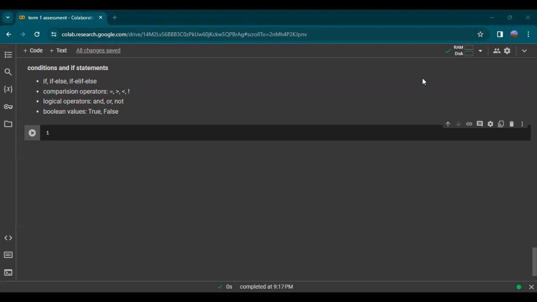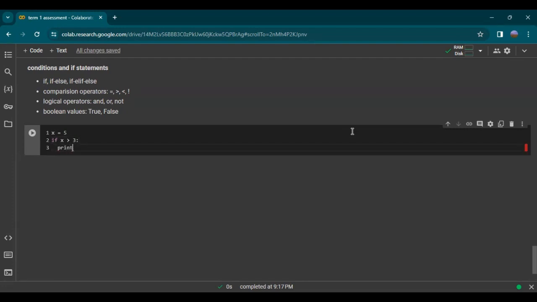If statements. In Python, we use if statements in our code as conditions to filter what we want from the given data. The if statement allows you to execute a block of code only if a certain condition is true. For example, let's let x equals 5. If the condition is if x is more than 3,